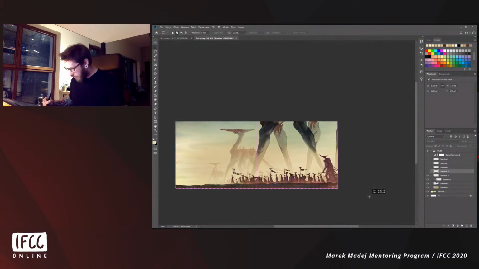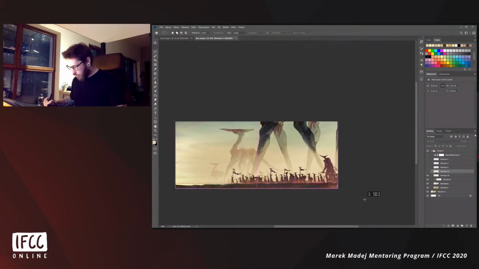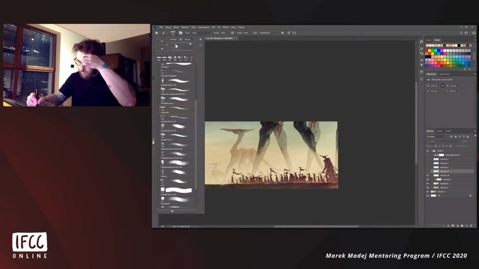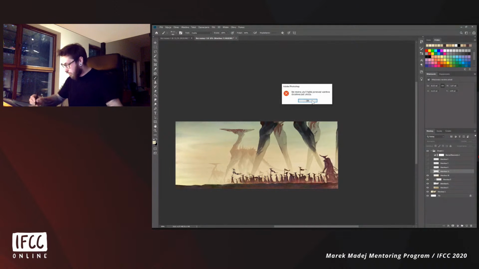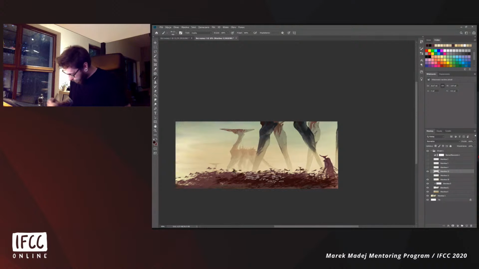Also, one thing that I would do, because right now your ground looks like a flat card, lacking any perspective or anything. So you can just do a fast